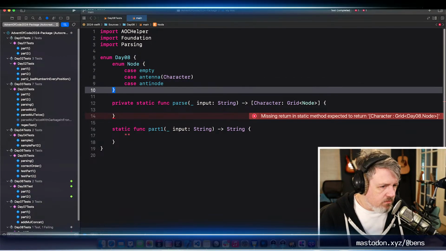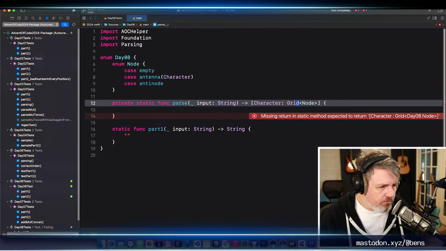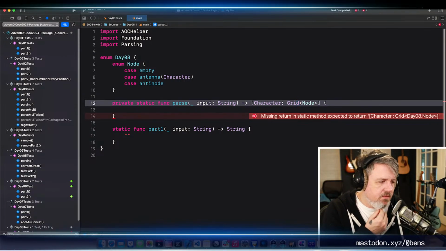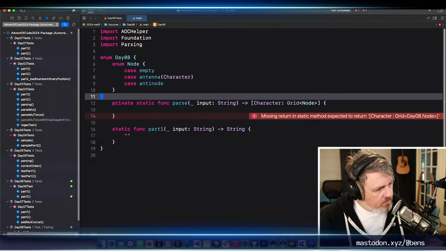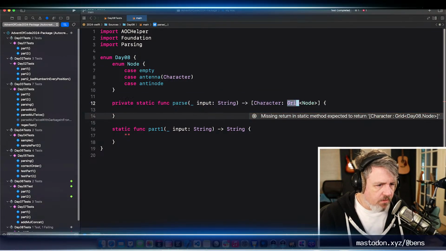So we may need to make a grid that is not just going to allocate every empty spot. That might be interesting. Something like a loose grid or a lazy grid or something like that.